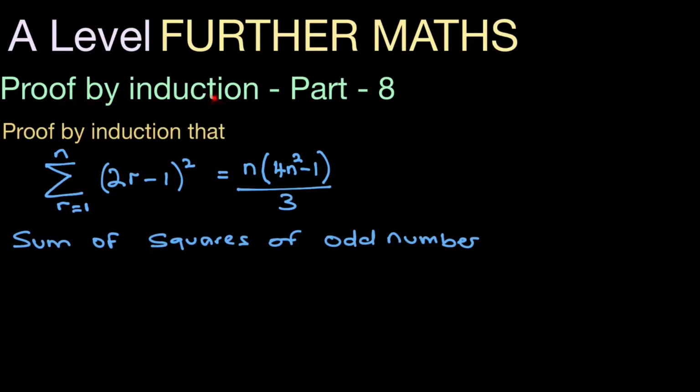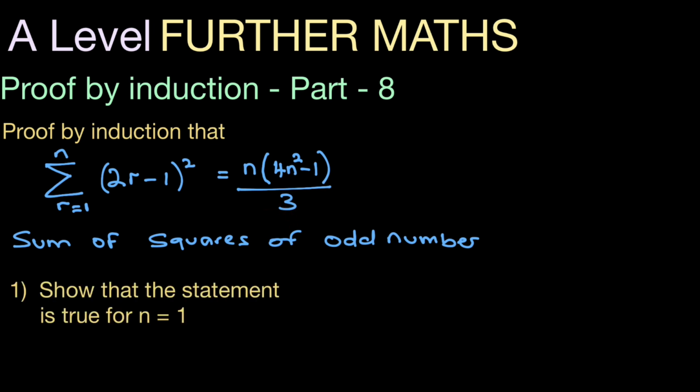Proof by induction, part 8. Proof by induction that the sum of squares of odd numbers equals n times 4n squared minus 1, over 3. To do that, we first of all do step 1 to show that the statement is true for n